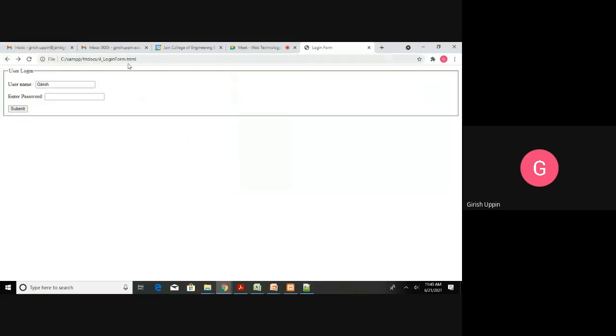Oh, sorry, I'm running from C colon. So we have to run it from the localhost. That is the mistake. So right now, what happened? This is a good use case we can learn. What I did was call that HTML directly from my local folder. So this is not from the server request.